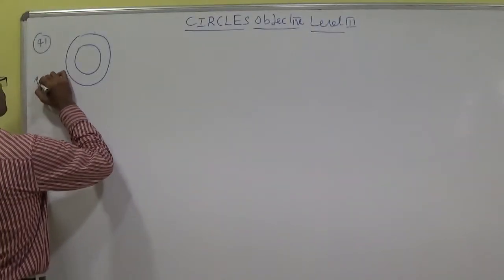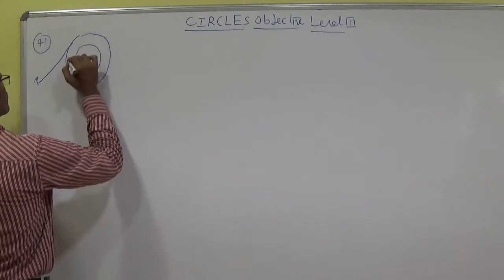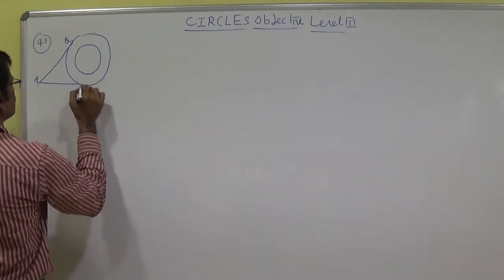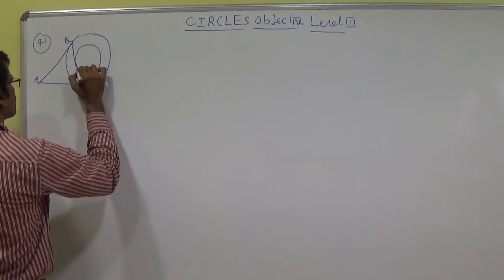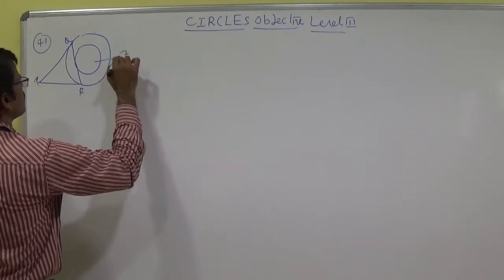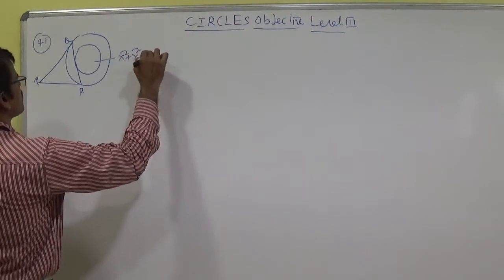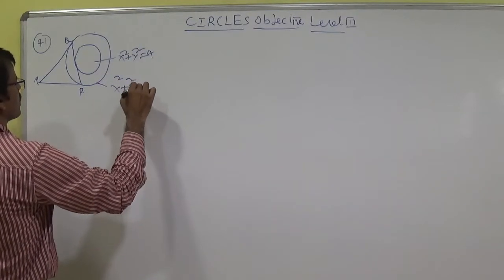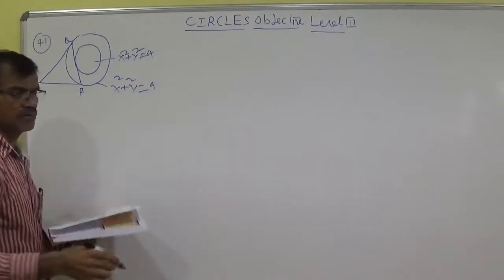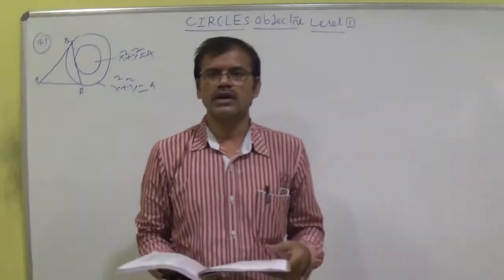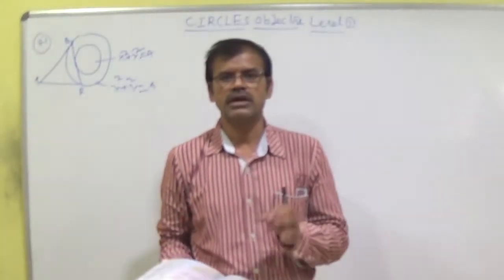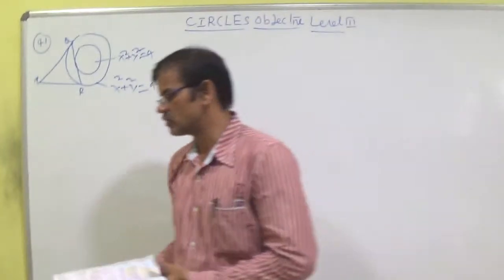From P, an external point, we draw the tangents. This is P, this is Q, this is R. QR, the chord of contact, is tangent to the circle x square plus y square equal to 4. This is the circle x square plus y square equal to 9. So whatever the chord of contact drawn to the circle x square plus y square equal to 9, the chord of contact is becoming a tangent to the circle x square plus y square equal to 4.